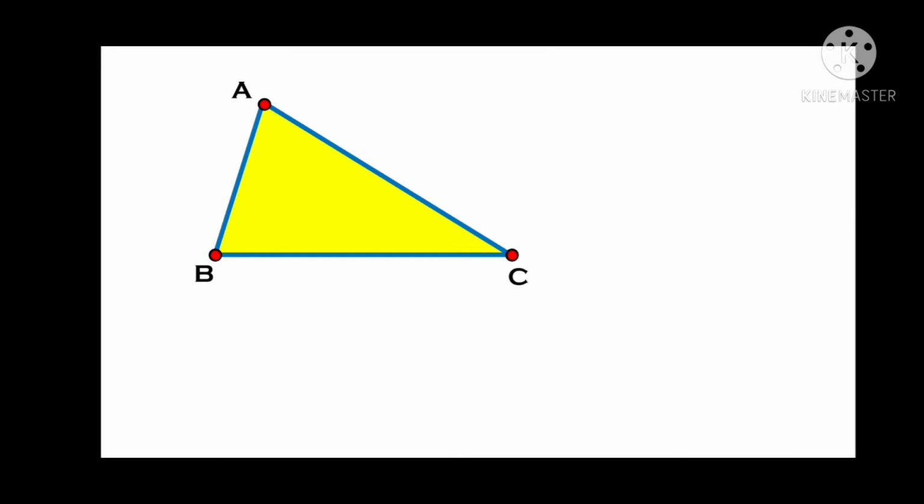Let's consider the triangle ABC. Let D be the midpoint. So here AD will be called the median. Similarly, if you take E as the midpoint of AC, the opposite vertex to the side AC is B, hence we join B to E. So BE will be another median. Similarly, if you consider the side AB, let F be the midpoint of the side AB. When we join C to F, C is opposite to AB.